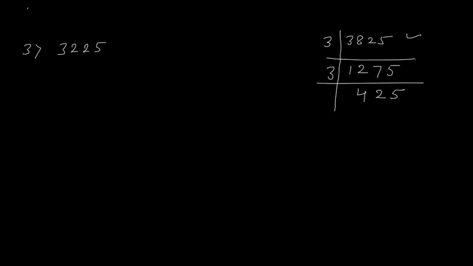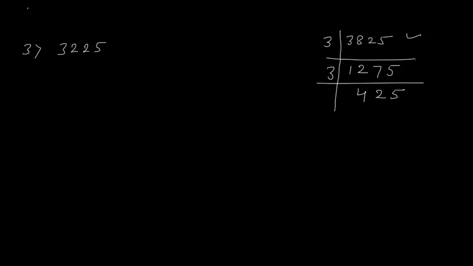Okay, now in the first step when I add, I got 8 plus 3 is 11, 11 plus 2 is 13, 13 plus 5 is 18. Now 18 is divisible by 9, that is I will get 2 times 3 and 3. So the second time, if you are not adding and directly dividing, it is well and good. Now here 5 plus 2 is 7, 7 plus 4 is 11.